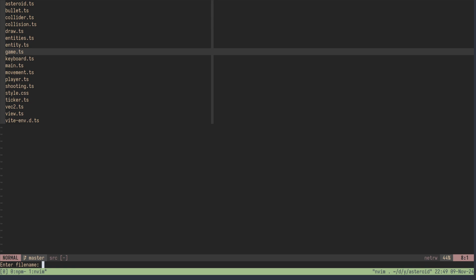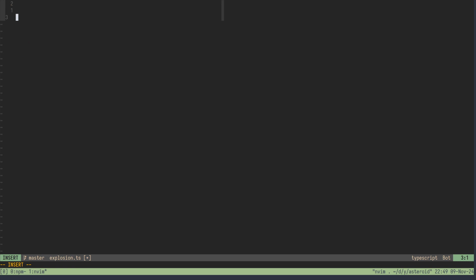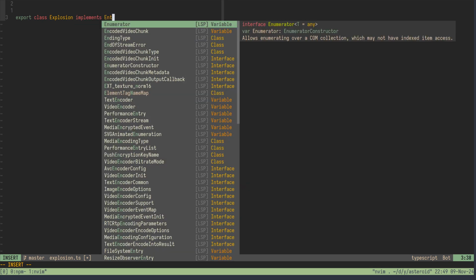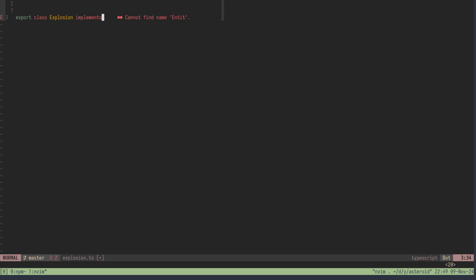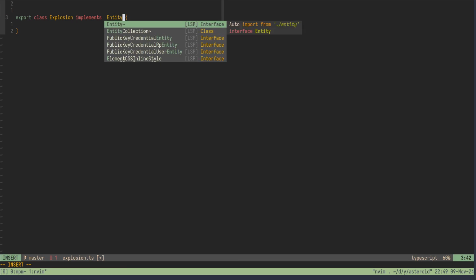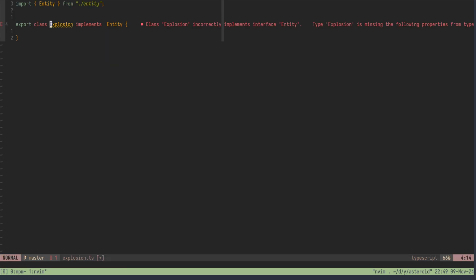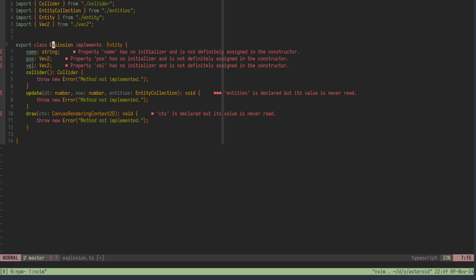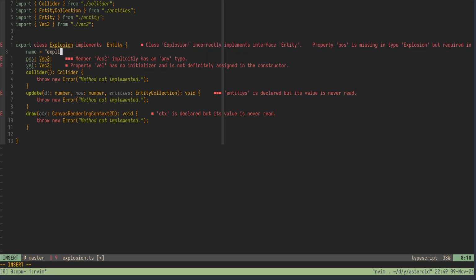So let's see. I'm going to create another file called explosion and create a new class called explosion, and we'll make it implement entity. One second, let me save this first so I can import that. Now I'm going to implement the entity interface. Okay, so name will be explosion